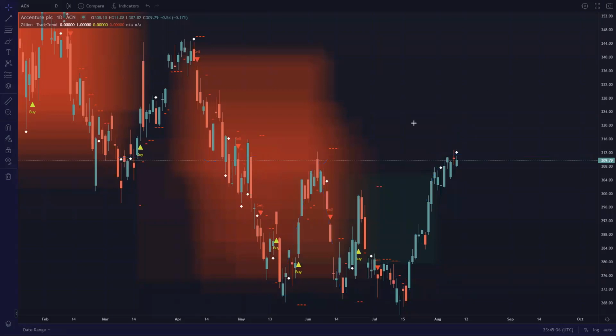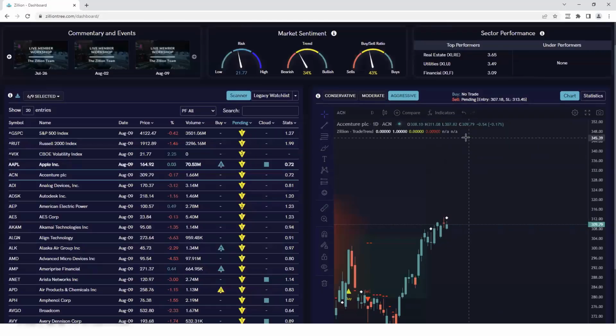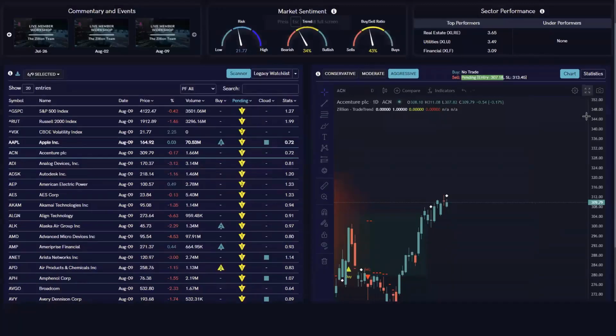And let's, again, get out of the chart and see what the suggested sell entry price is, 307.18. All right, so now that I have my suggested entry price for a sell signal, 307.18, I want to